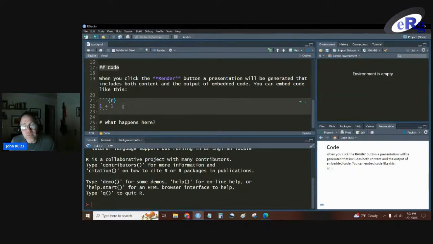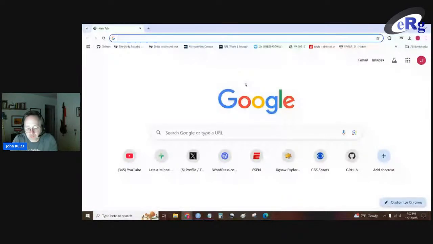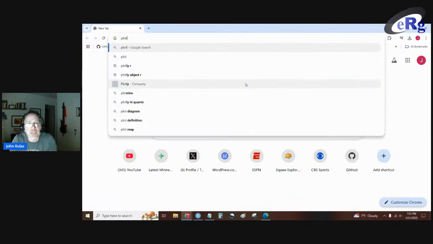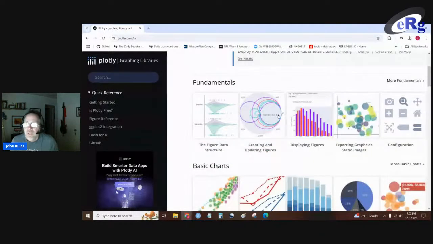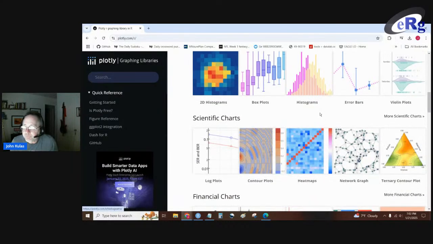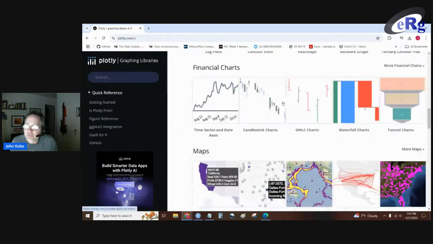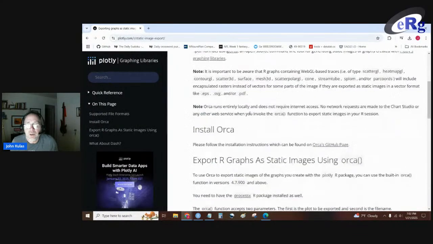Now, the thing that I think we probably want to spend a little more time on is the analytical aspect of this. So let's see if we can get a pretty picture in here. Look for a Plotly object and see if we can just grab some default data and present it. And again, one of the nice things about these Reveal.js slides is that HTML aspect. So the interactivity is going to actually be supported.